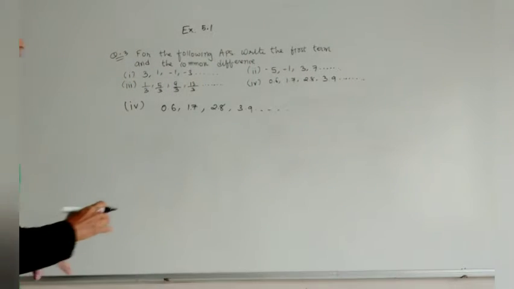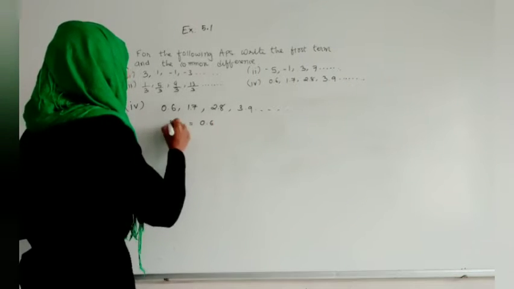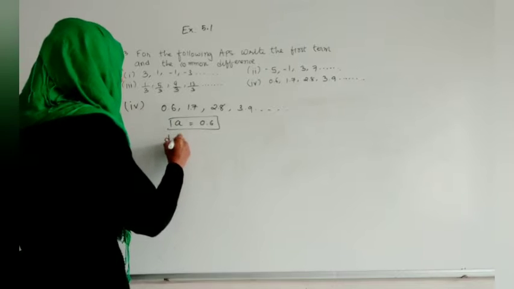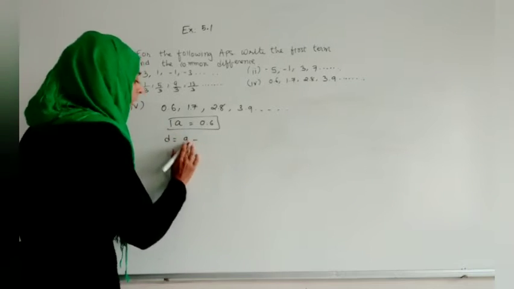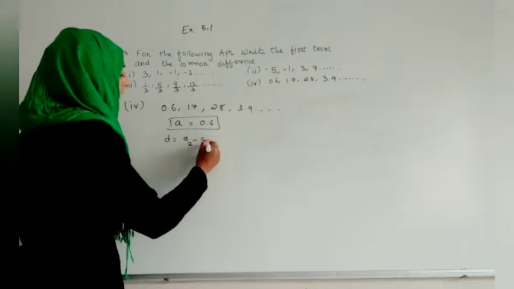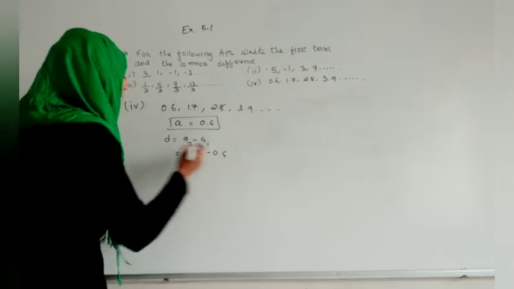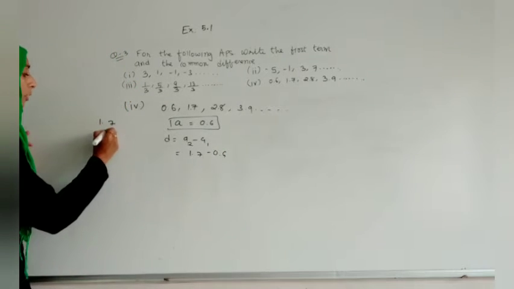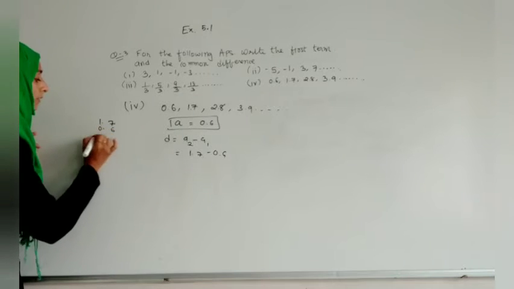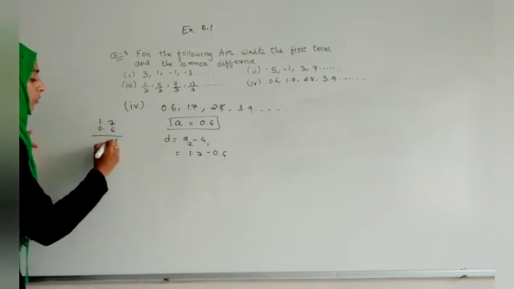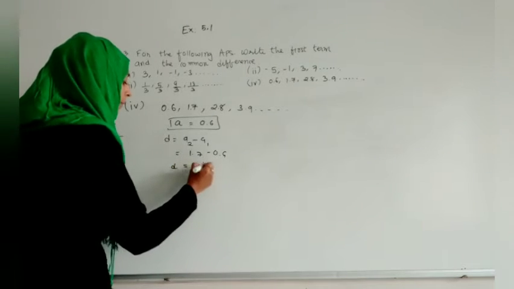So as here you can see, we will do the fourth sum. So A here we are getting as 0.6. Then we have to find D, that is, we have to find the difference. That will become A3, we can find any, but let us write A2 minus A1. So here it is 1.7 minus 0.6. So what we will get? 1.7. Write point below point, decimal below decimal. Then you have to write 0.6. 7 minus 6 will make as 1, and 1 means difference you got over here, that is 1.1.